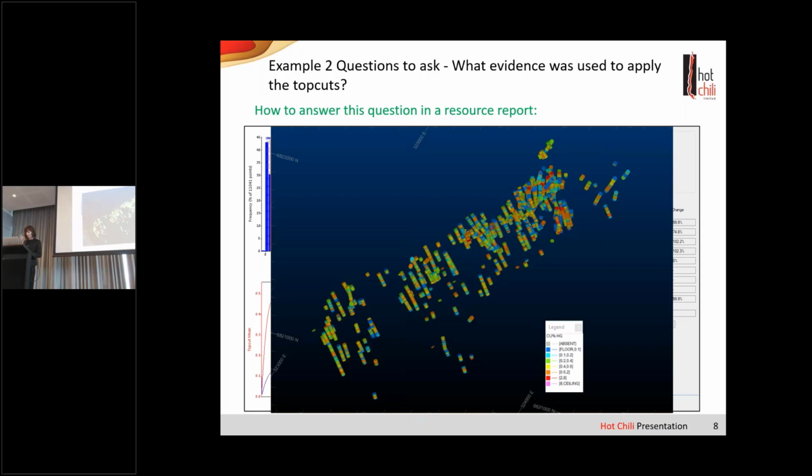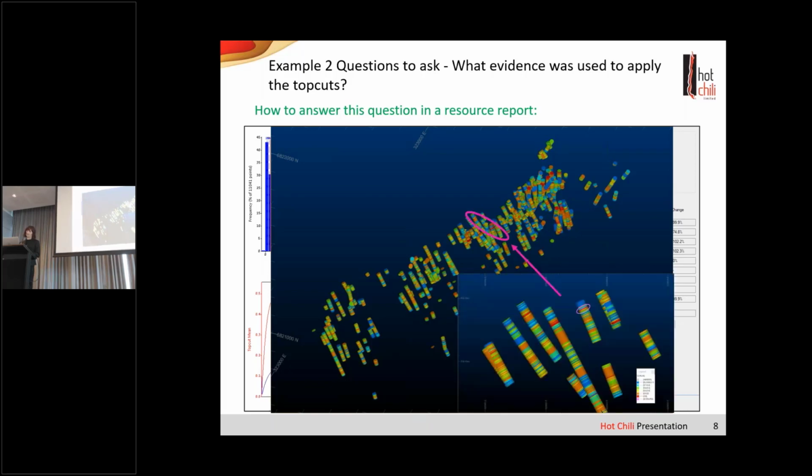So you can see here, the red is 2 to 8% copper, so it's scattered around reasonably well. You can't really see the pink, which is what I'm suggesting with the top cut. You zoom in, there it is. So it's going to be immaterial to the metal, but we also don't want that 11% copper floating around. So comfortable, we've got all that information, nice and clear, we can top cut that.